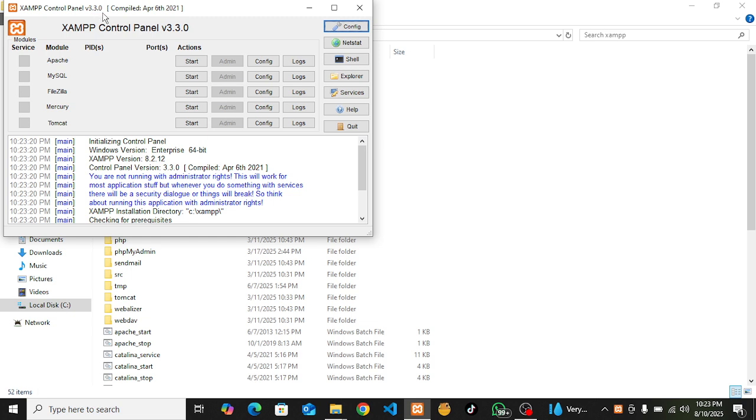The version I'm using is 3.3.0, this version right here. It supports PHP version 8.2.12. So here is your control panel. This is where a lot of things will be going down. So for now, let's just